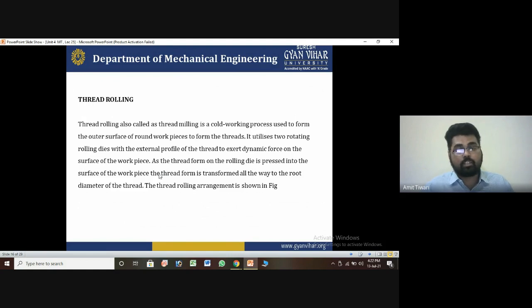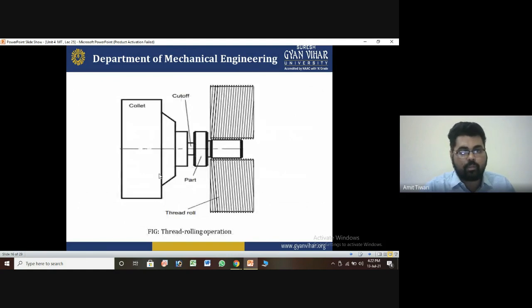This type of rolling arrangement is shown in the figure. You can see this type of roll applied to transform the part. These are the thread rolling operations performed. You can see the roll applied here, threading on that particular area, which is easy to design at a certain angle, like 20 degrees or 40 degrees. These are some types of operation we do, converting into the threading operation by machining, for example.